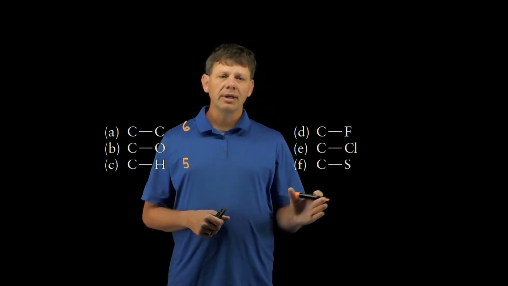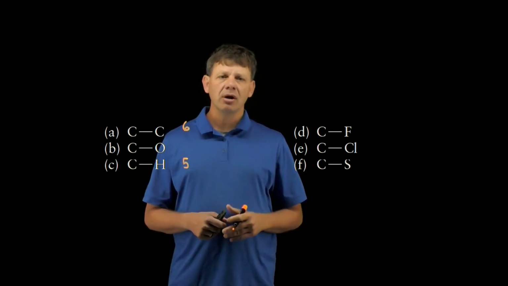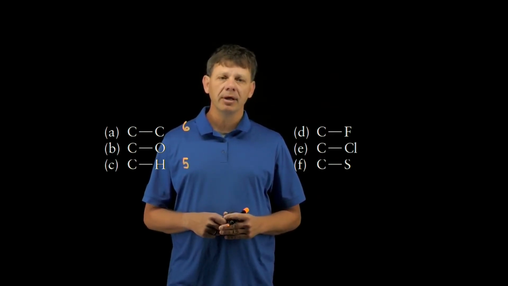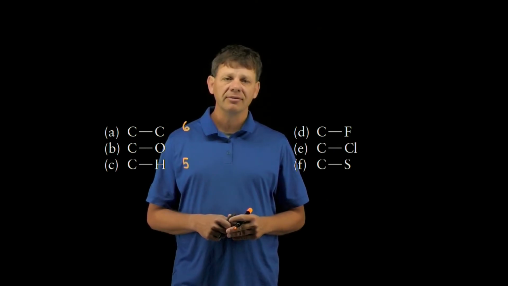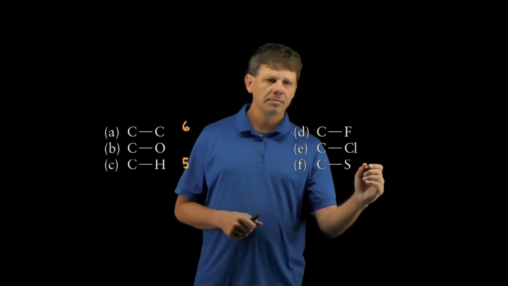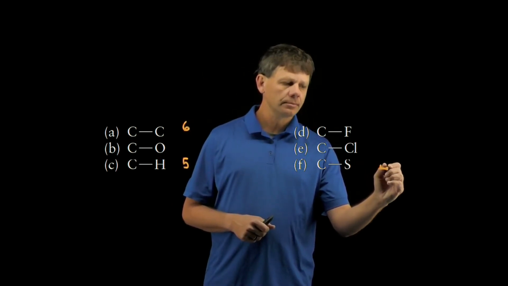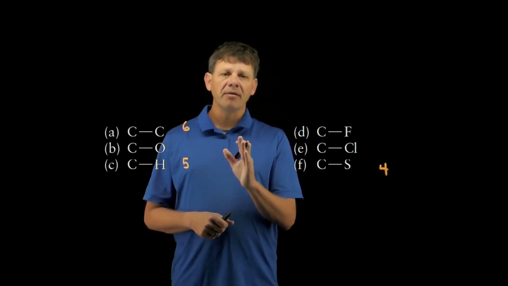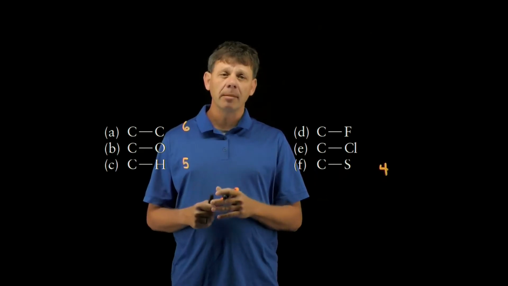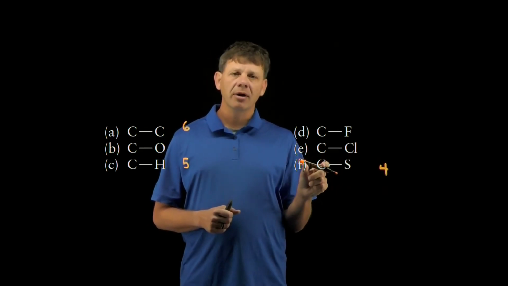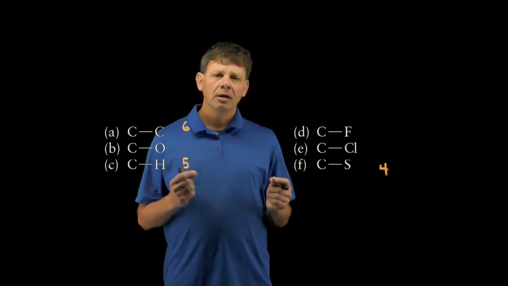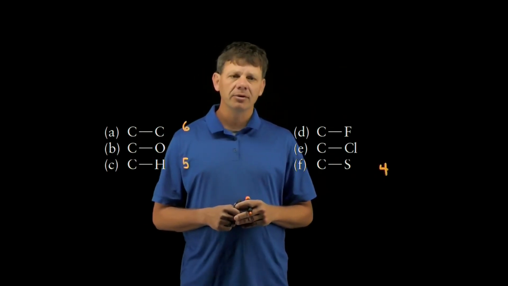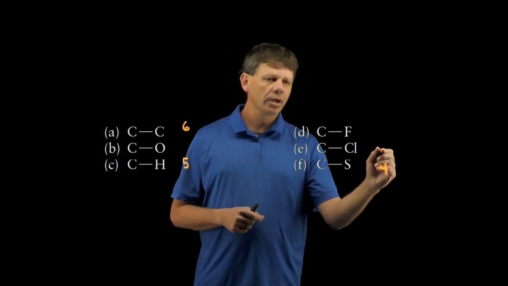When we look over here, sulfur and oxygen are in the same group of the periodic table. So sulfur is going to be less electronegative than oxygen. So we'll call that one 4. Oxygen being right above it is, we might think, would be number 3, but we have to think about the carbon-chlorine bond first. Chlorine and oxygen are pretty similar in terms of their electronegativity, so we're going to call the